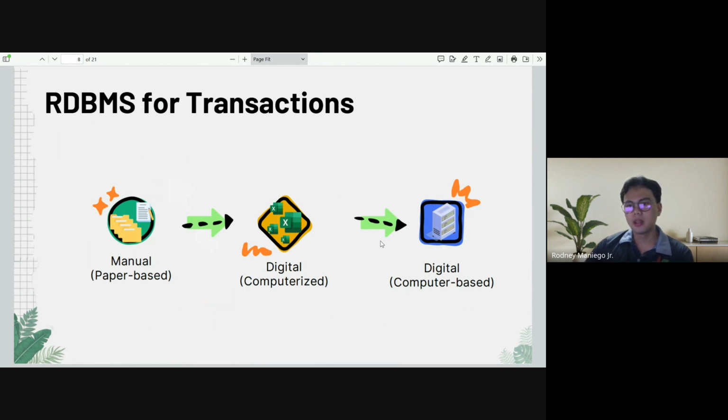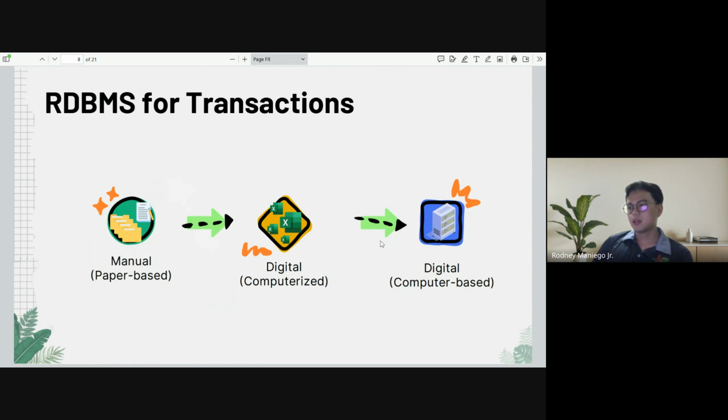However, in the 2000s, with the availability of computers and more modern technologies, many businesses shifted to digital and computerized operations. So, mind you, even now in the 2020s, there are still businesses and organizations which still use productivity software, such as Excel and other forms of